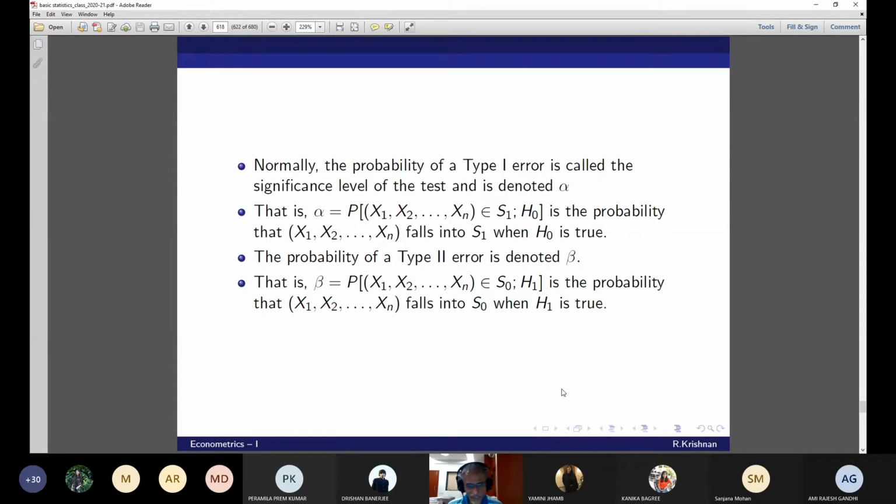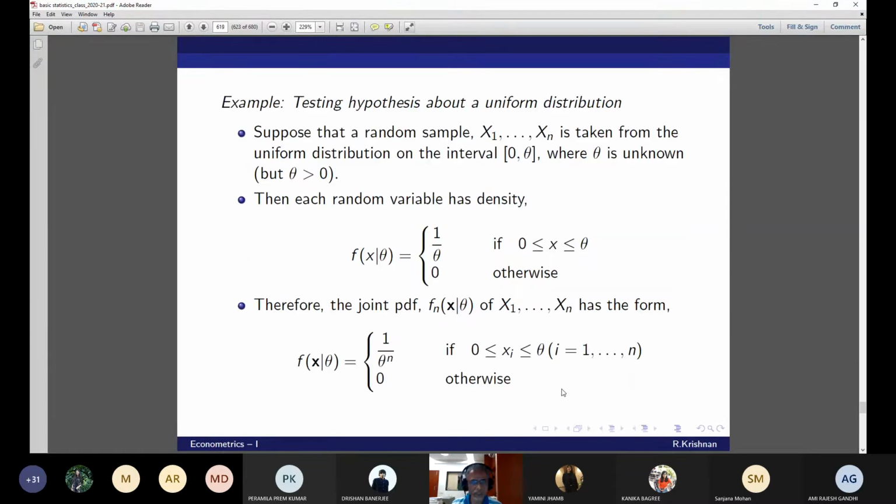Beta is called the type 2 error, which we are going to see later to be equal to the power of the test and all those things. Now you remember only this much. The second and fourth bullet points could be confusing. Remember the first and the third bullet points. Alpha, otherwise called the significance level of the test, is called the type 1 error, and type 2 error is denoted beta. This is what you should remember.